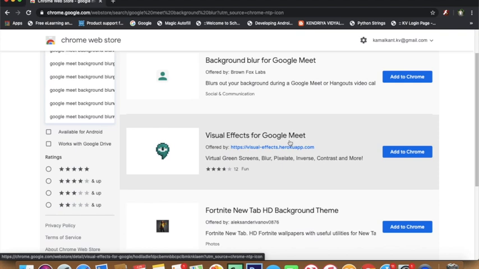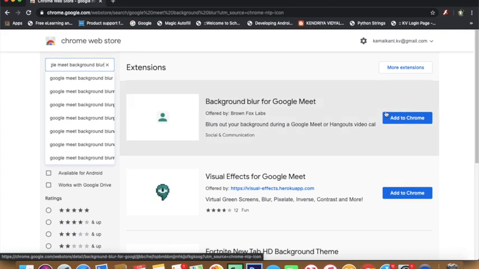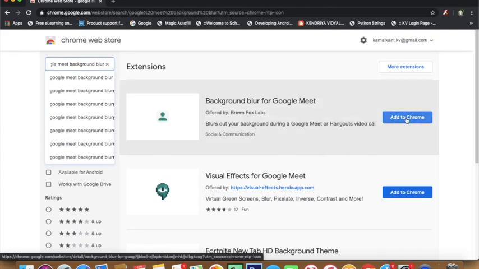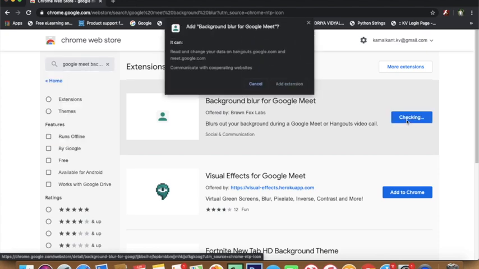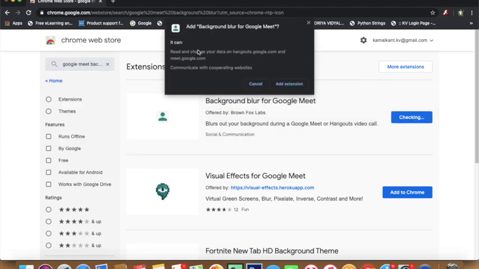I will add this extension to my Google Chrome browser. To add them, simply see here on the right side, there is a button called Add to Chrome. Just click on Add to Chrome, and it will ask you whether you want to add the Background Blur for Google Meet. So here you can cancel or add extension.